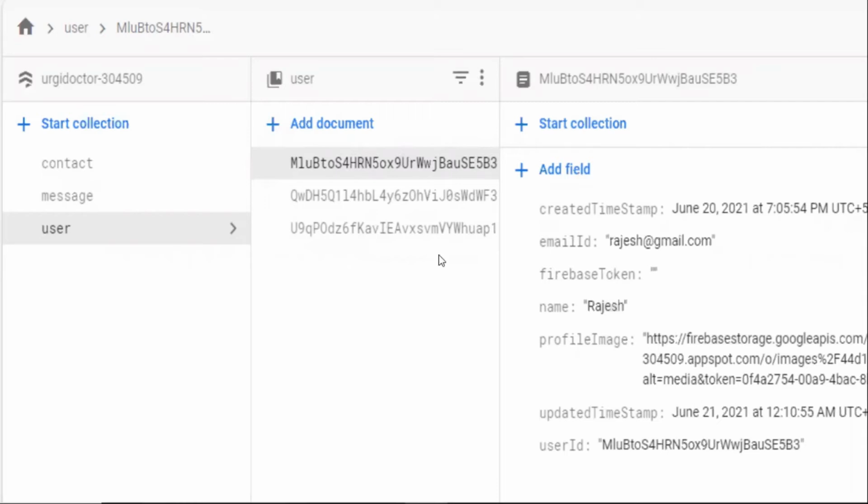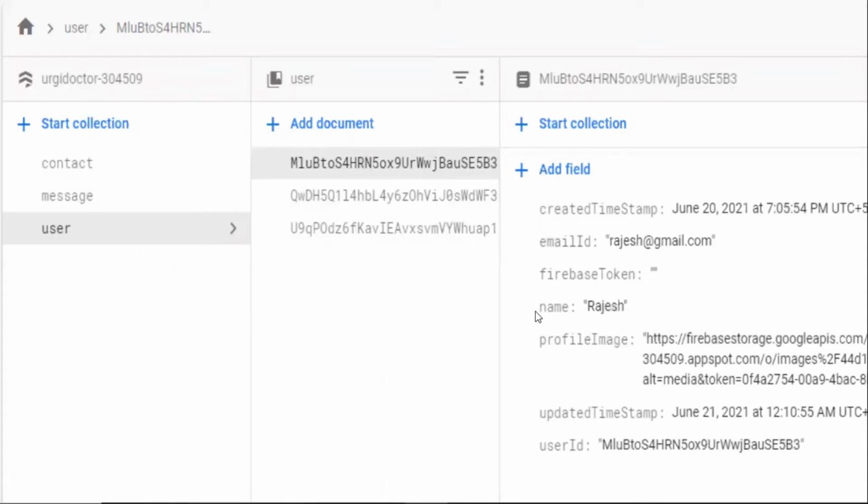But what we have done is we have already added that user ID as the document ID. Then you can directly write a query to get that document, without searching on the user ID. You just write the user collection slash the document auth user ID, and you directly get this user. As I already mentioned, we have taken care of all the query power in the database structure. So this is just the user database collection.